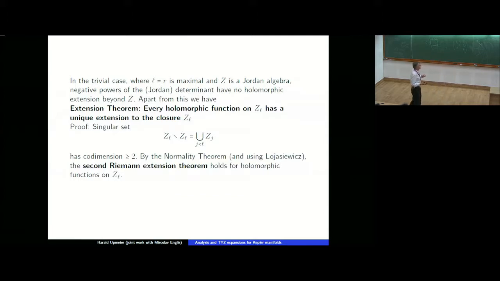Proof? Well, the singular set, remember, is the union of the Kepler varieties of lower rank, and it is easily shown that the codimension is at least 2. The dimensions of these Kepler varieties are of course known, but the normality theorem, using a result of Lojasiewicz, the second Riemann extension theorem, namely for codimension 2 singularities, holds for holomorphic functions, and that is already all. So you see, again, normality, that is the main reason why we need normality, of course. So now we have